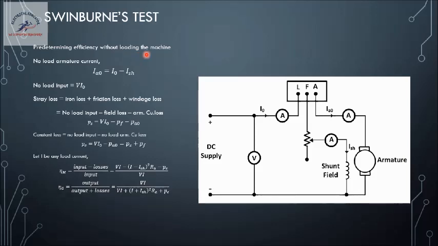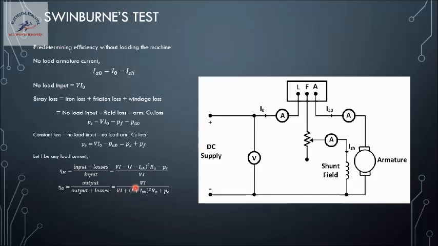Next is the generator case. When this machine is working as a generator, we find out the efficiency, because the testing method is the same for both motor as well as generator. When working as a generator, the efficiency is given by output by input, and we want to stick to electrical terms. Input is actually mechanical energy, so let us not complicate it. Let us convert it to electrical itself. So output plus losses is input, and we have to see what the fraction is here.